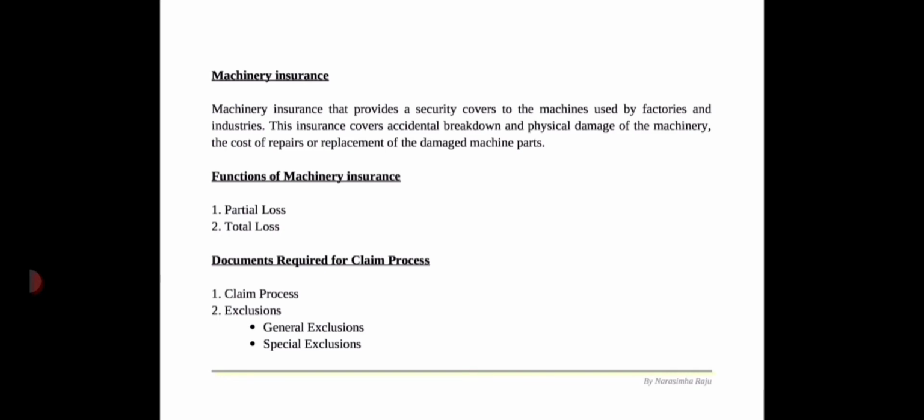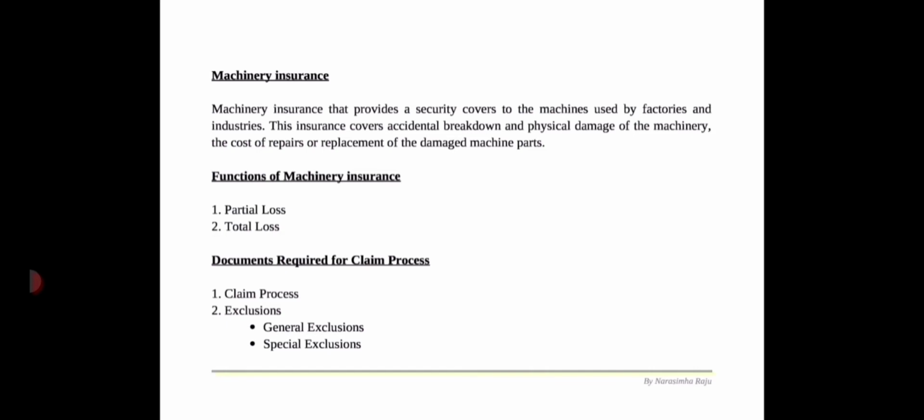Some of the exclusions are based on two categories: general exclusions and special exclusions. The general exclusions include war, civil war, riots and strikes, fire and theft, etc., and also loss or damage as a result of overload experiments, gradual development of abnormalities, defects, cracks, etc., in parts being ignored regularly in spite of knowing it demands repair, regular wear and tear of the machinery, and pre-existing faults or defects in the machinery before the policy commitment,